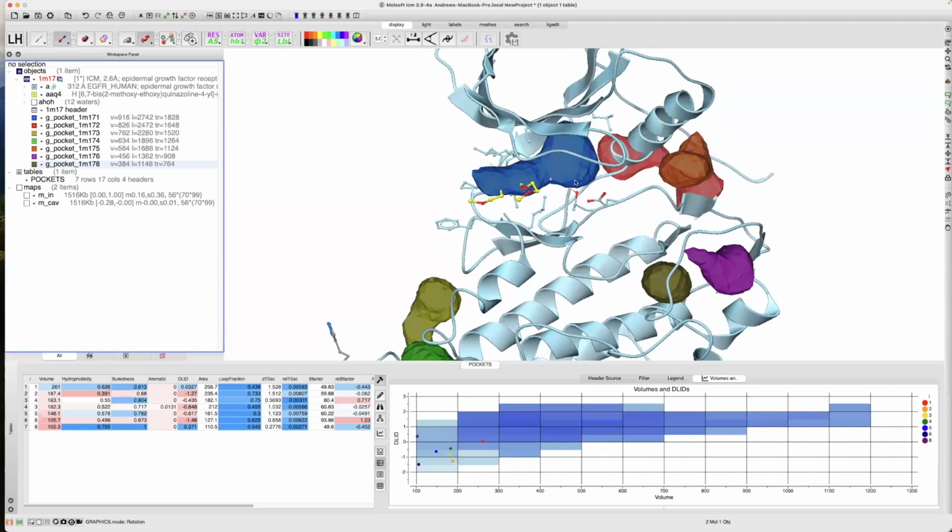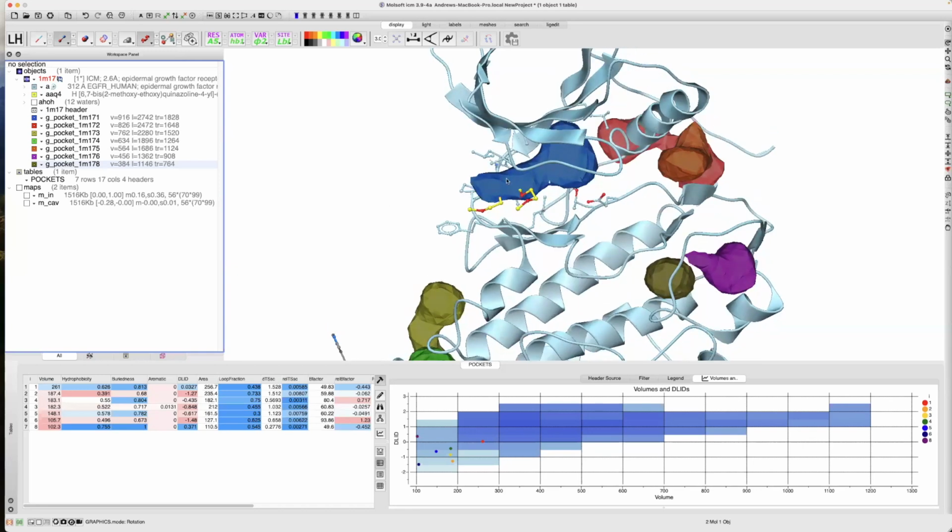If it was a type 2 inhibitor, you'd probably see this pocket extend beyond here towards the alpha C region. So we found our binding pocket, but we kind of knew where it was anyway. And it actually ranks the ATP site number 1 in terms of the properties. So in terms of volume,